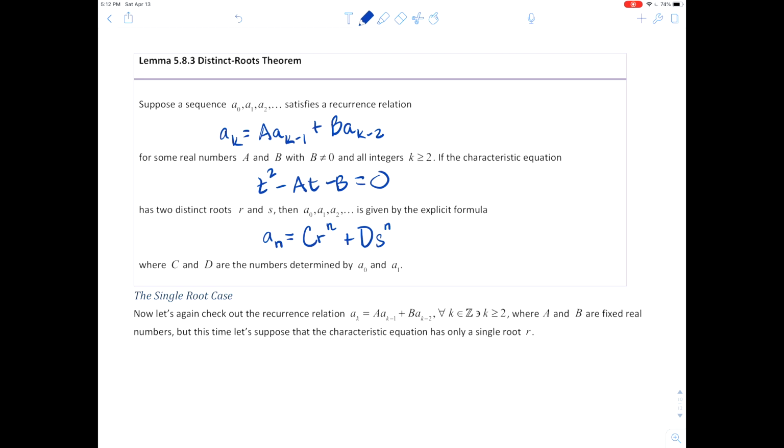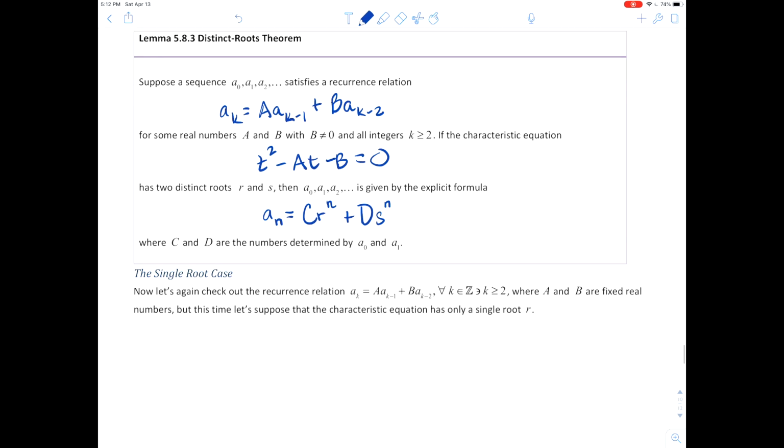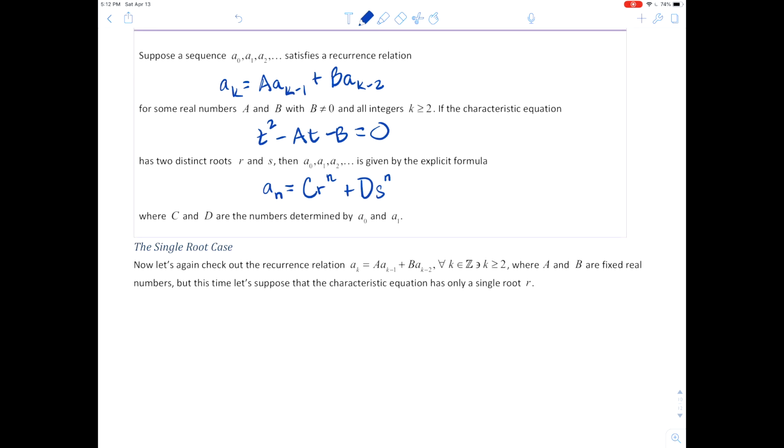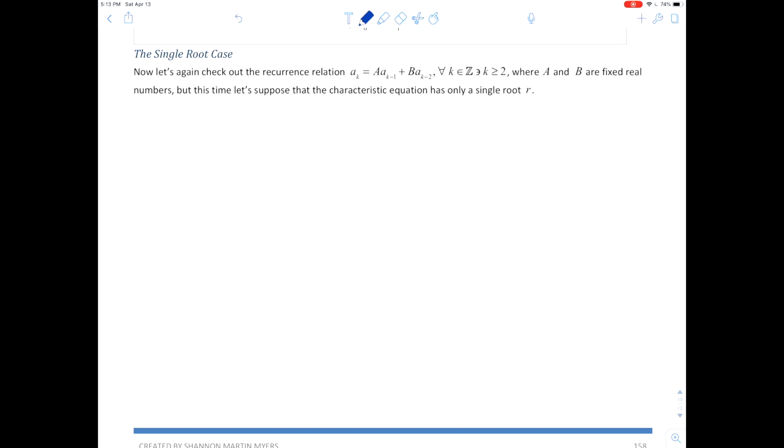So let's take a look at the single root case, and then we'll go from there. So the single root case, now we're going to go back to that recurrence relation we were working with. And last time we were looking at them as there were distinct roots, but now let's suppose it just has a single root, r. So if we do this, we'll have,